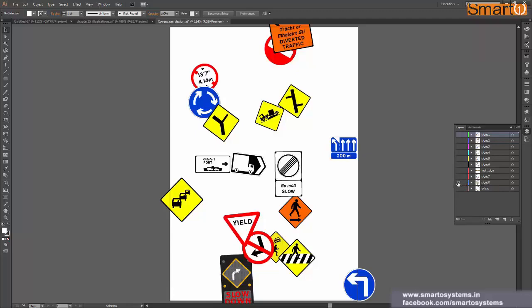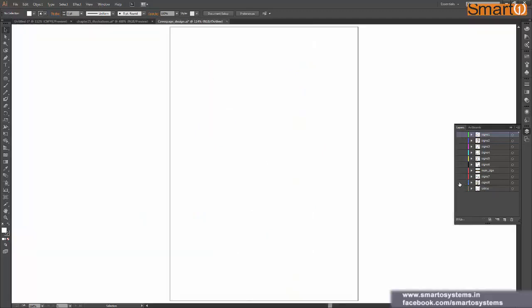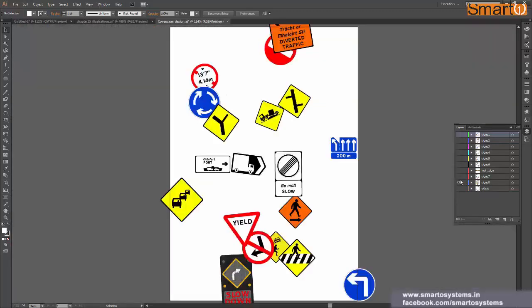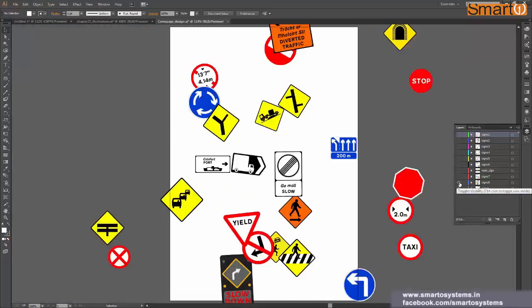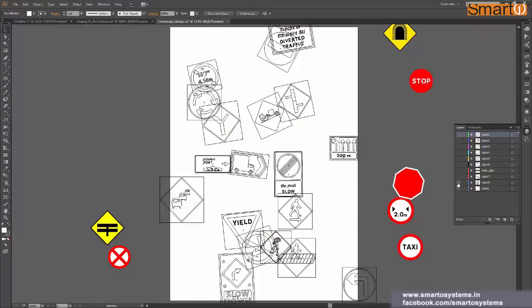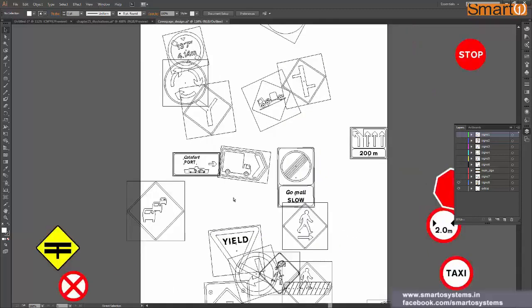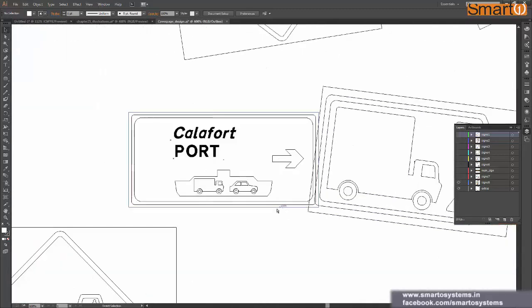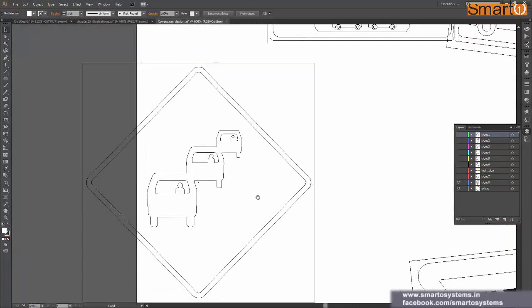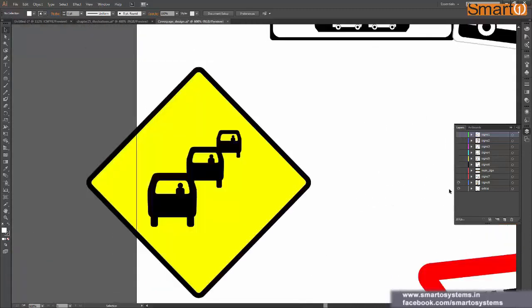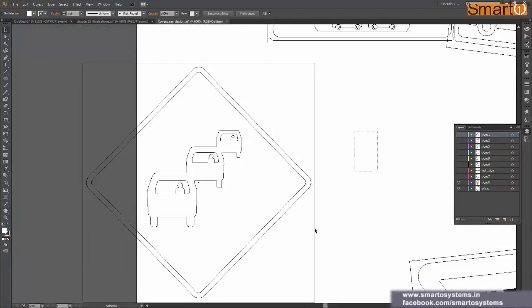But right now just know that from here we can hide and unhide the layer, and if you hold the Ctrl key on your keyboard and click on this eye icon, it creates outline mode. It shows everything in outline mode. So it is a good way to see how I created everything, like this sign over here, how I actually worked. You can see there is an invisible rectangle behind everything.